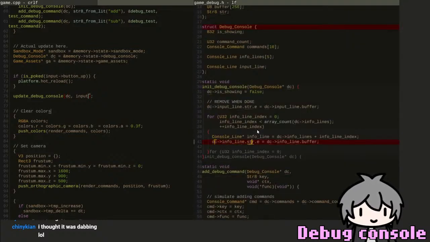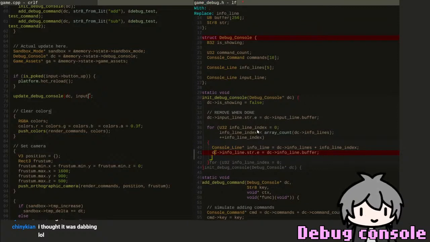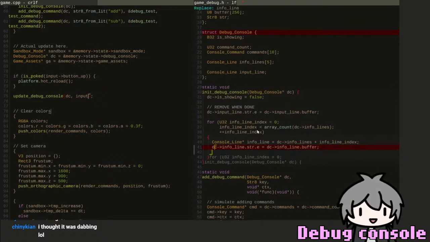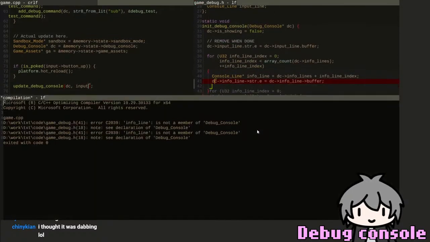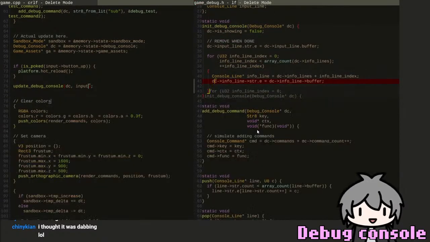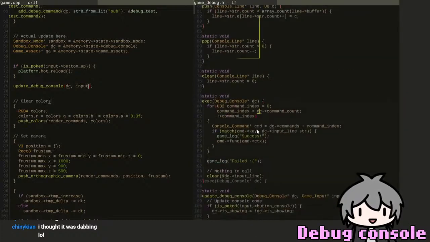Info line string. Info line dot becomes info line arrow. Info line is not a member of Debug Console. Oh right, because it's just this, right? Okay, so here